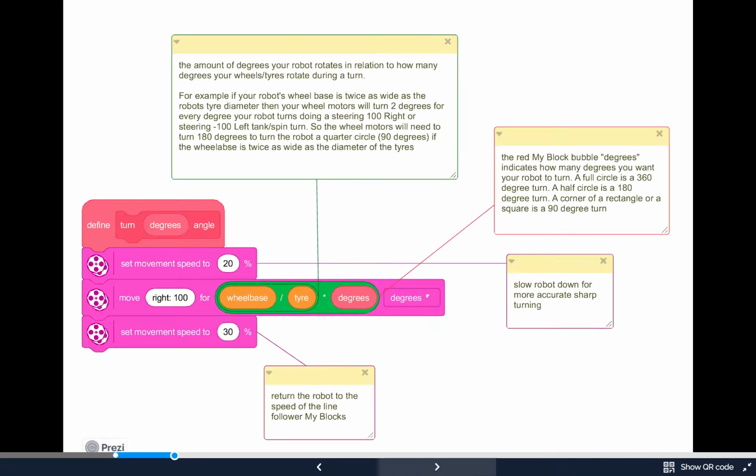Slide 2. On this slide, we're seeing how the degrees for My block works. Essentially, this block tells the robot how many degrees it should turn when making a move. For example, a full circle is 360 degrees, a half circle is 180 degrees, and a right angle corner is a 90-degree turn. What we see here is that the block sets the robot's movement speed lower, like at 20%,